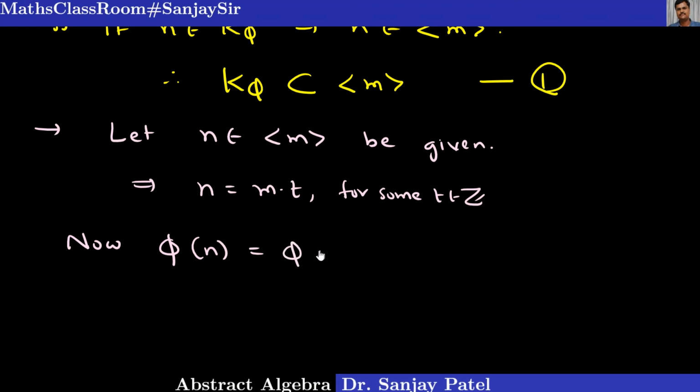phi of n, that is n into 1 by definition of the function phi. This I can write, by putting the value of n, as m into t into 1. Remember, m and t are integers and 1 is the unity element of the codomain ring. This I can rewrite as t into m into 1, and that gives me